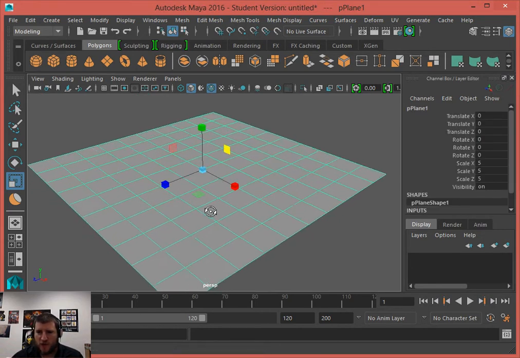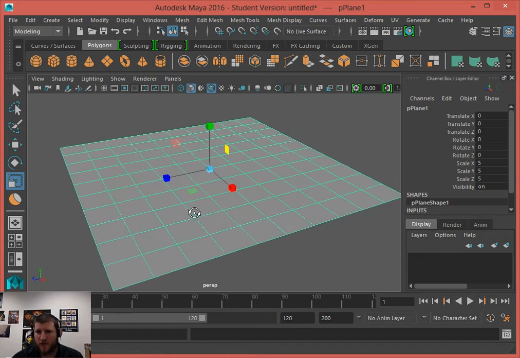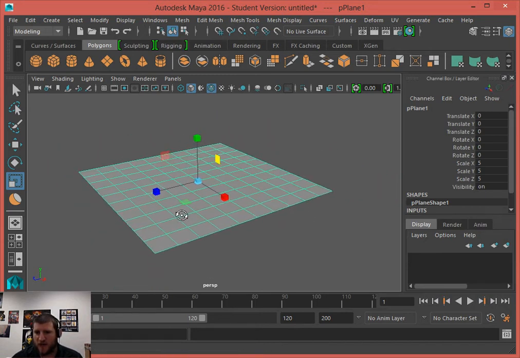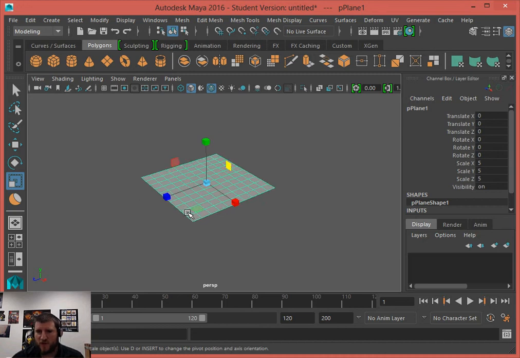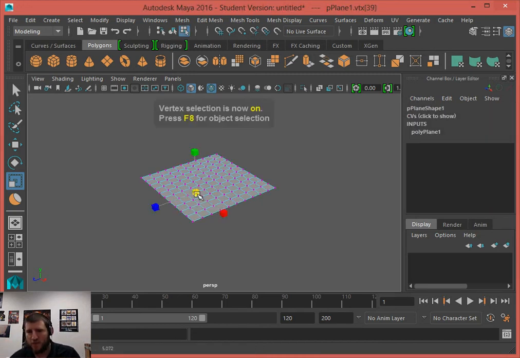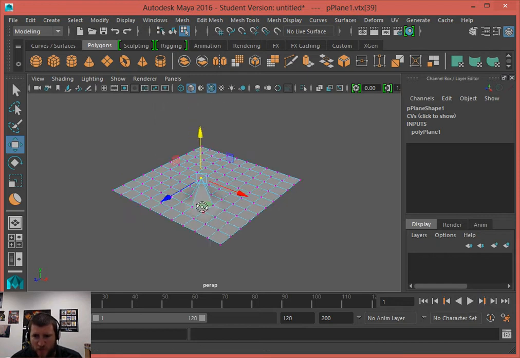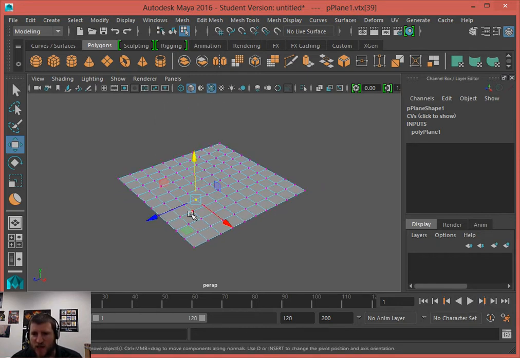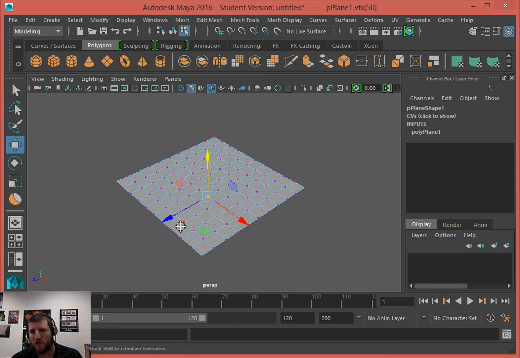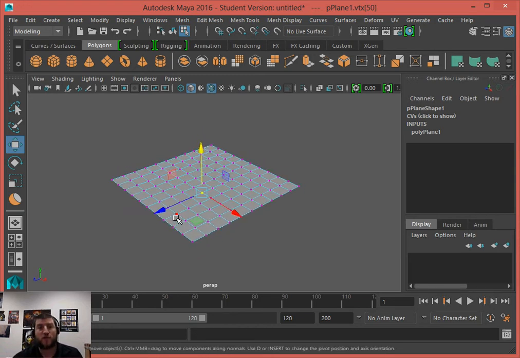So a tool that a couple of you have found already, sorry about that, and we've fixed it, is called the Soft Select tool. By default, you'll notice if you select one vert, you can move just that one vert. It makes really hard edges. But what we're going to discuss today is how to use the Soft Select tool to make softer edges, softer ridges, softer transitions between vertexes.